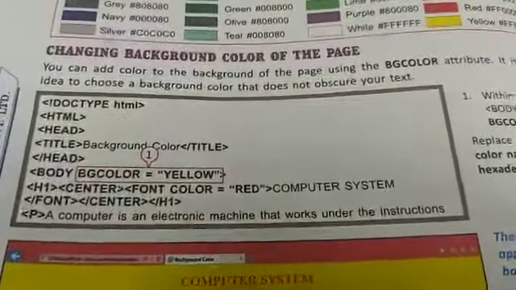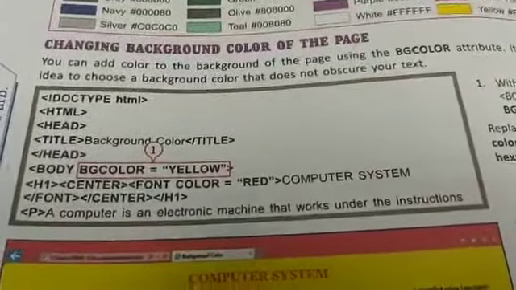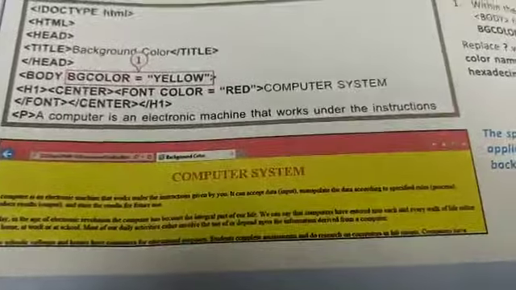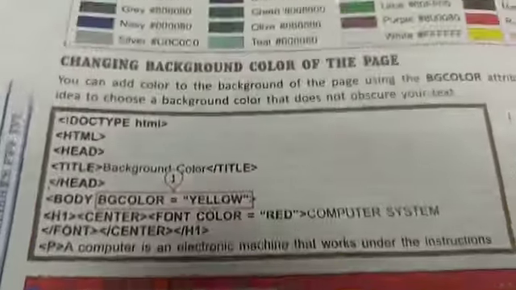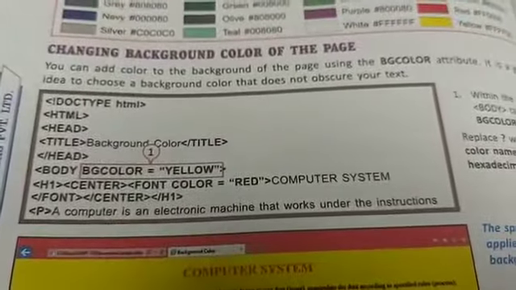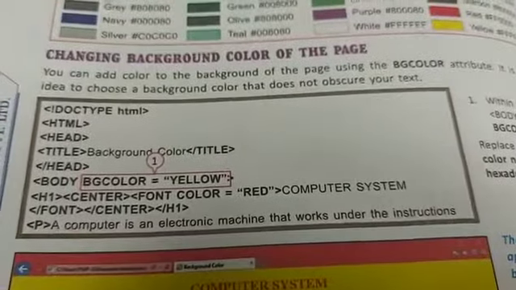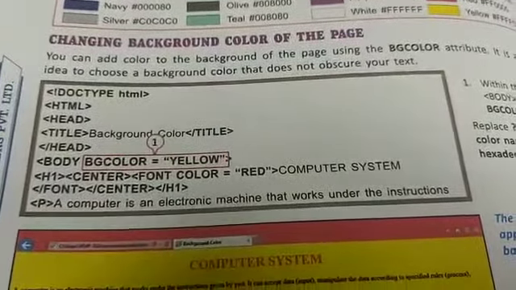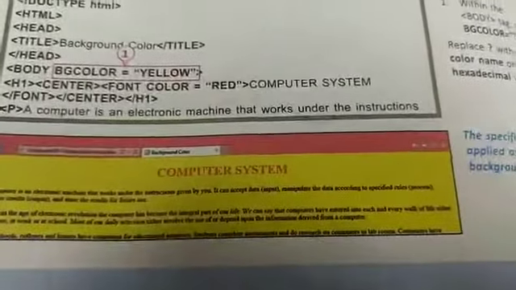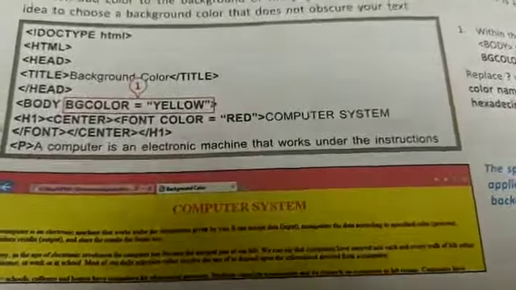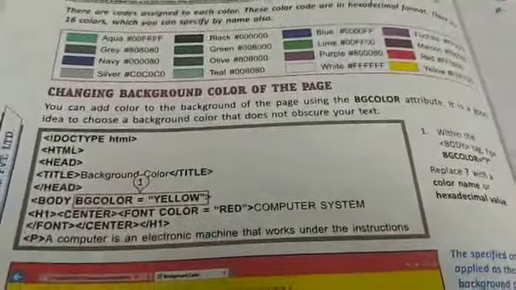Okay. The next I will be doing is changing the background color of the page. If you want your background color to be changed, we will be using the tag BG color. So we will be using body BG color equal to yellow. So in this way the color will be in the form of yellow. So beta, you have to learn all these attributes. When you learn these attributes, then you are able to do the coding in HTML.